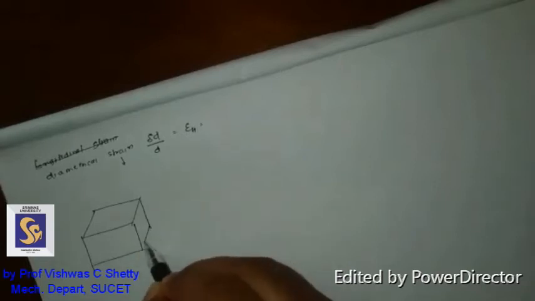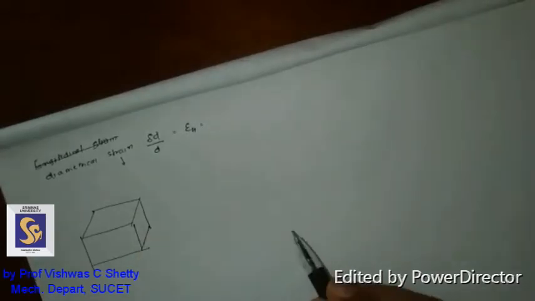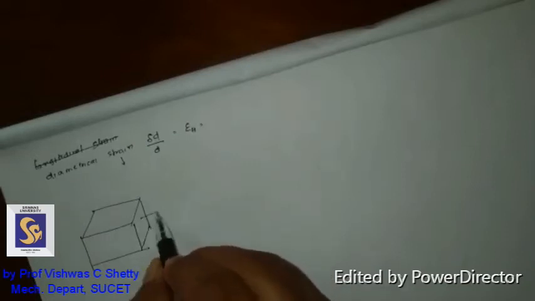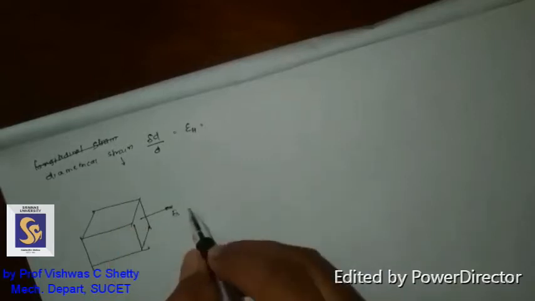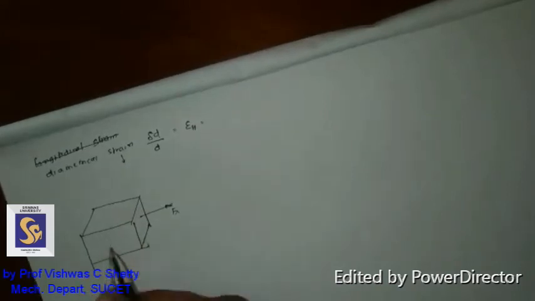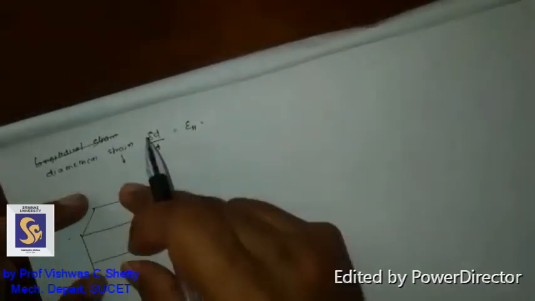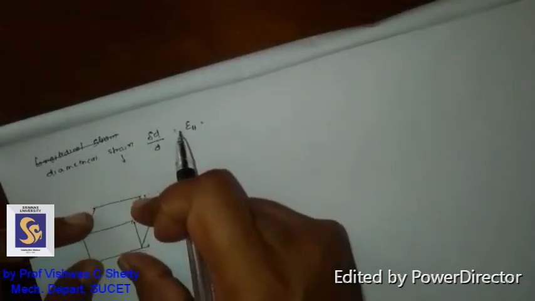In the first chapter, we were doing the elastic constants topic. In that, we applied a force like this for a three-dimensional specimen. When you're applying force in the x direction, what happens to the other two directions? It will elongate, correct? When it elongates, the size in the other two directions will shrink.